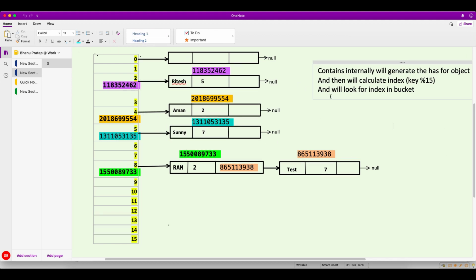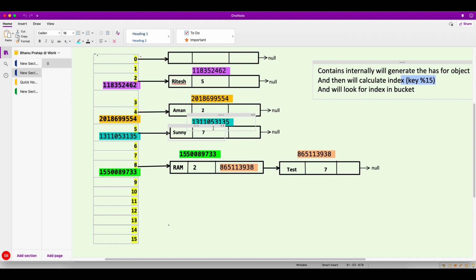For every hash code, we will calculate the index, and then we'll check for the bucket here. Whatever index matches, if the hash code is different, we go and insert one more record. That's how this works, and this concept by now you should be well familiar with, because I have repeated it so many times. That's how insertion happens, right?